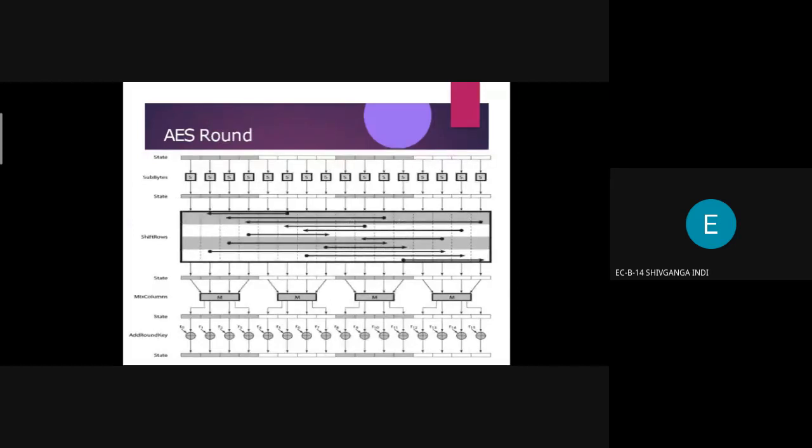The most important part is the round operation in AES. This round operation is based on the four states, and in order to understand it, we require the knowledge of these four states. This is the most important part of the AES algorithm.